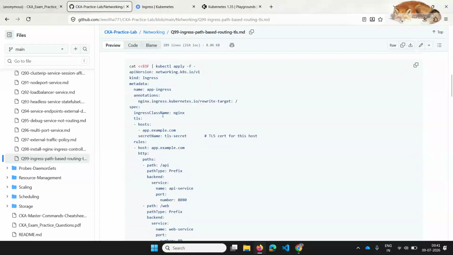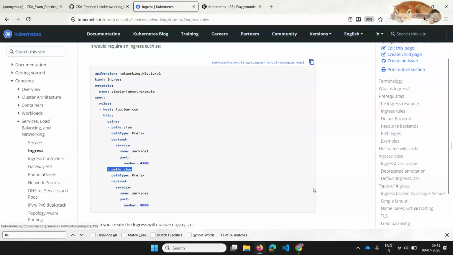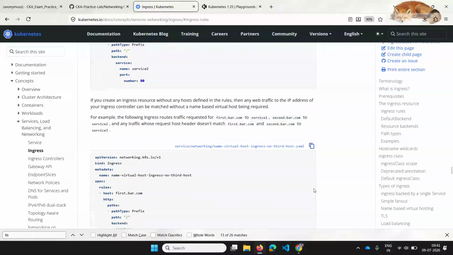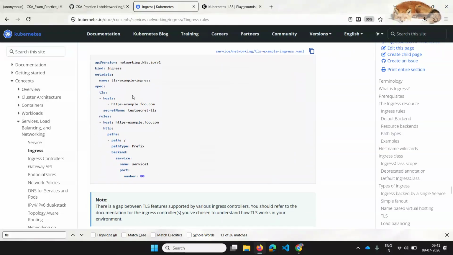You might be wondering there is one extra section called TLS to add the TLS secret. So if you go here, an example, I think somewhere here under the TLS, if you see, this is an example of how to use a TLS based ingress.